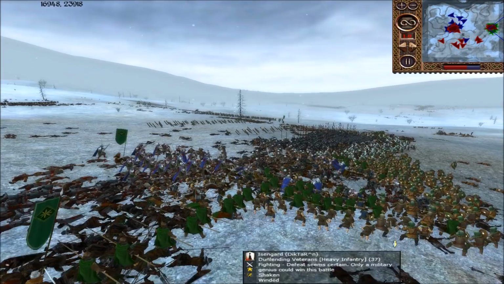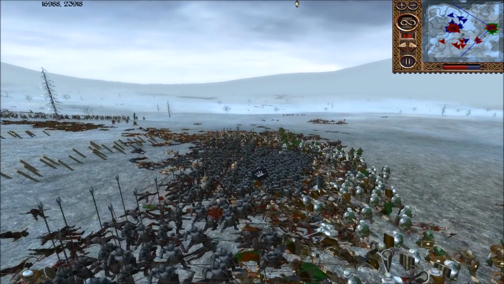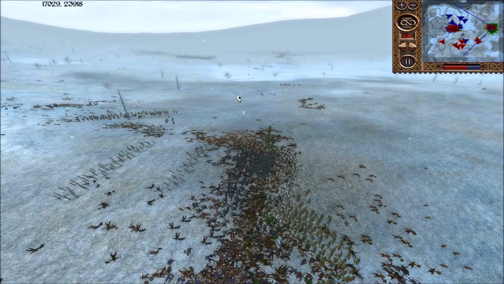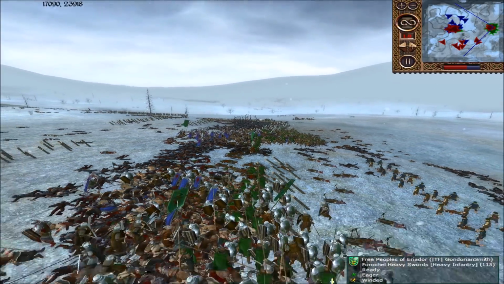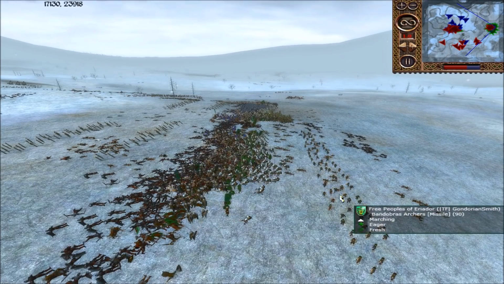Actually, there goes the general right there of Isengard. And that will pretty much free me up to take out the last of these Uruk-hai infantry and Uruk-hai pikemen, and then go all the way over here to help out my allies. You can see though that my lines have been very, very much thinned. Don't have a ton of units over here anyway. Still got a few Banderbrass archers,